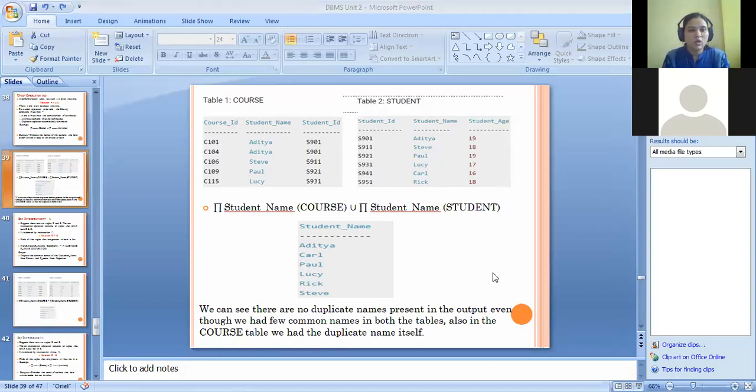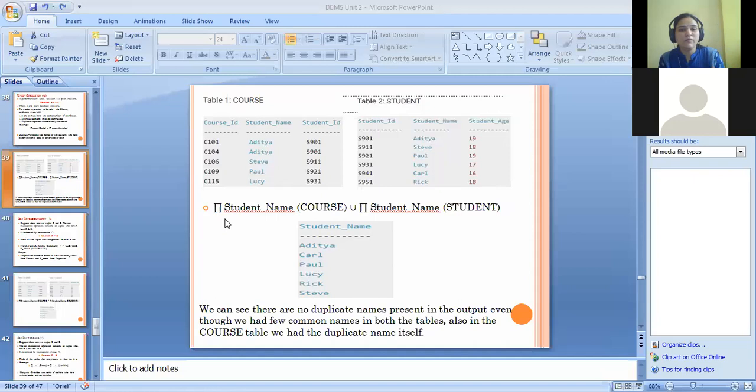So how do we combine the student name from these two tables? First of all, project student name from the course. If you see carefully, in these two tables, three attributes are available. So we can make a union of these two tables. Project student name from the course.